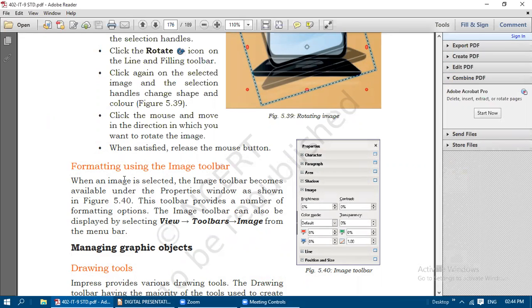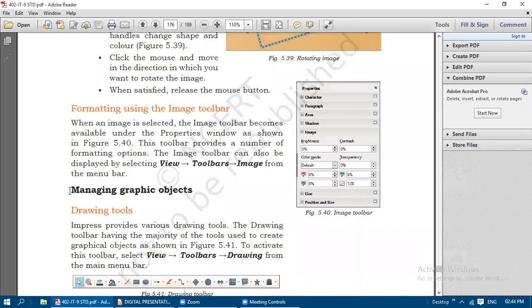With this we will wind up today's session, and next we will see the next topic, that is managing graphic objects. The other few topics we will discuss in the next class. You need to prepare from page number 167 to 176 for today's test. Be ready, and in the afternoon session you will get the question paper related to these topics, whatever I have covered in these two videos. Try to attend nicely and finish your test in a nice way. Thank you.